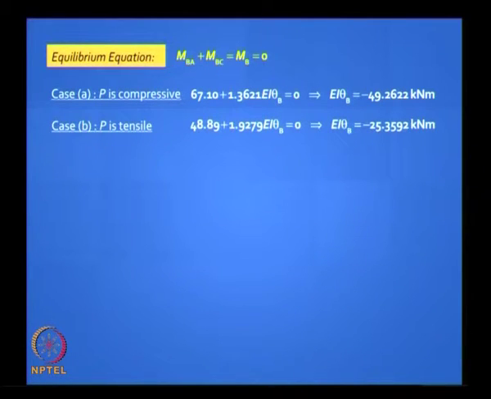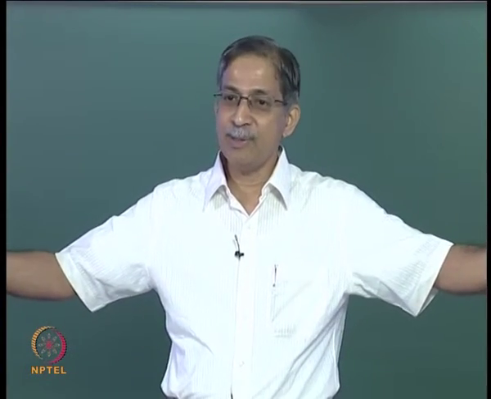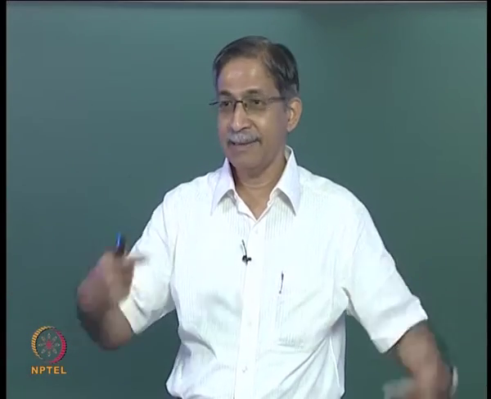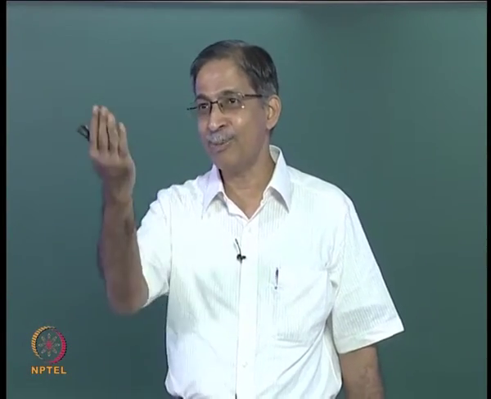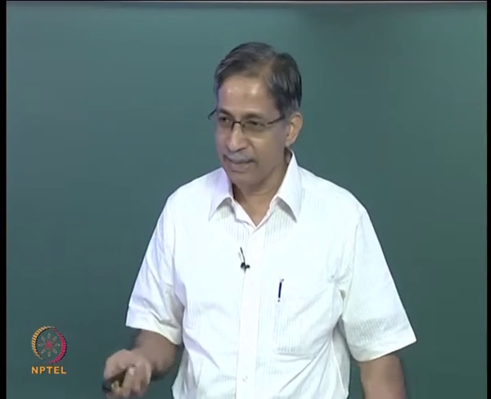In which case will you get less theta? When it is tensile, you can feel it, it is going to deflect less, everything will be less. You have a much stiffer structure when you have axial tension, but if it is compressive it makes things worse, and if you did not have tension or compression you will probably get a value in between, exactly midway. Got it? Does it make sense?